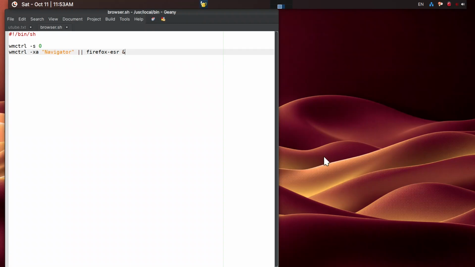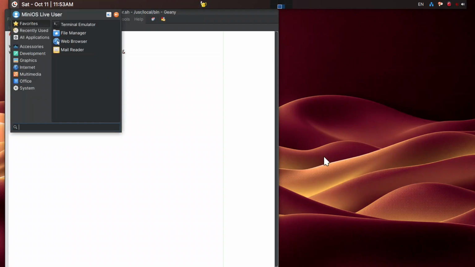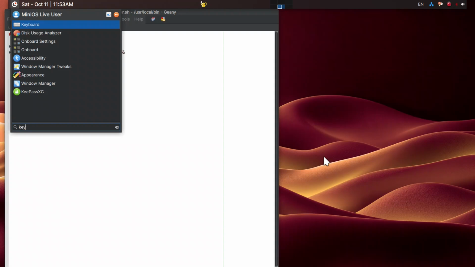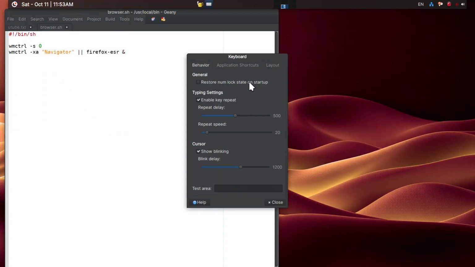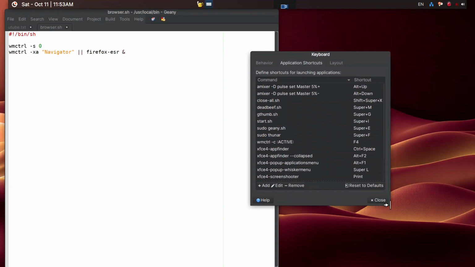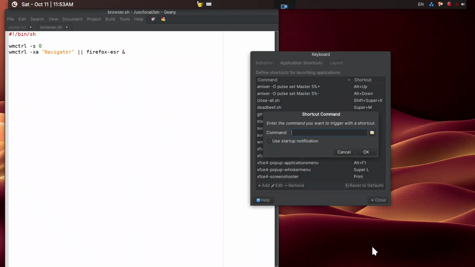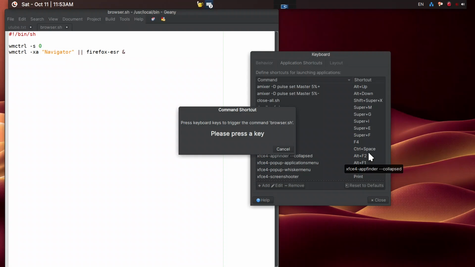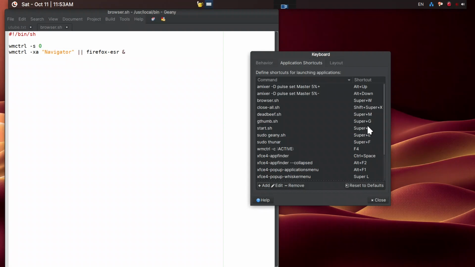So we'll just go to the keyboard binding app, and then go to application shortcuts, and we'll make it a little larger here, and then we're going to add, and the command is browser.sh, and then OK, and then I want to trigger it with the super and W key, super W. So super W has been bound to browser.sh, and then close,